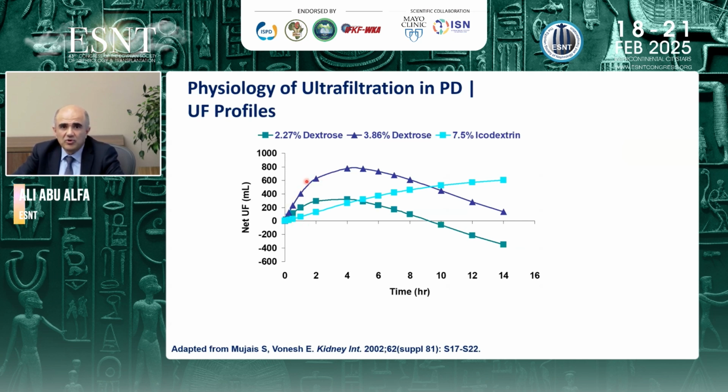This is the glucose curve. So we see that when you put in a high concentration of dextrose, you get the water going into the dialysate, you peak at a certain number, and then you lose the glucose gradient, and you start declining until you get to what's called a negative UF with time. If you have a lower concentration, that also happens, that you ultimately get negative UF, while icodextrin bags tend to be slow to move fluid, but it is sustained. That's why icodextrin is wonderful for the long dwells, while it is not that helpful for a very short dwell to remove fluids like in an emergency. You would use